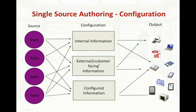So here's what we're looking at, right? Typically, if you're looking at right time, right person, right place, right format, you've got a bunch of topics, a bunch of content on the left-hand side that are mixed, matched, reconfigured, reorganized, shuffled, put together, based on some configuration requirement, whether you've got internal versus external information, right? A lot of companies will create internal documents, and there's stuff that they want to drop out of those documents when it goes to the customer, but they really want it there for technical support or field service or even their internal development team. So you're looking at configuration as a way of changing audience and including or excluding information,